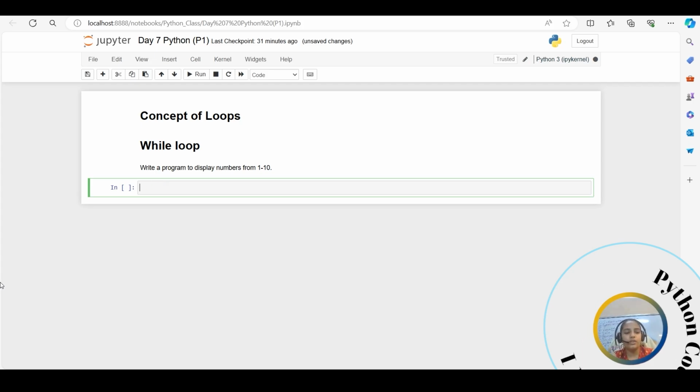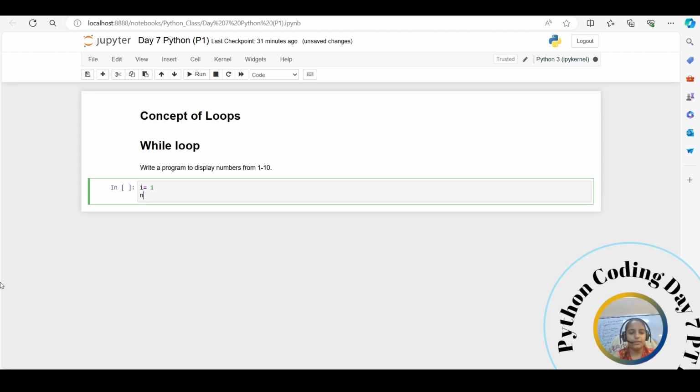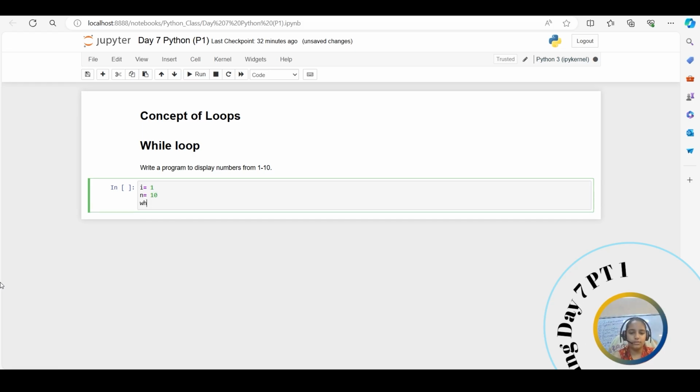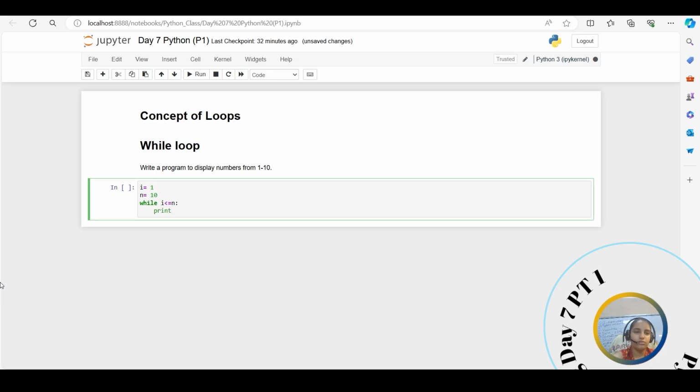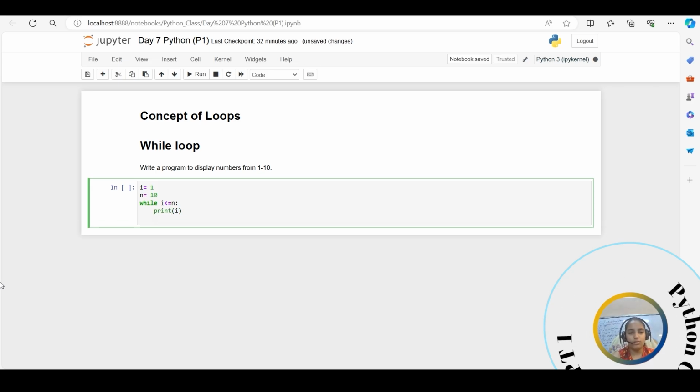So first we'll make a variable i which stores the value 1 and variable n which is 10. The syntax to write a while loop is to write the keyword while, then the condition that i should be less than or equal to n, then we put a colon, print i, then i is equal to i plus 1. If we run this code,